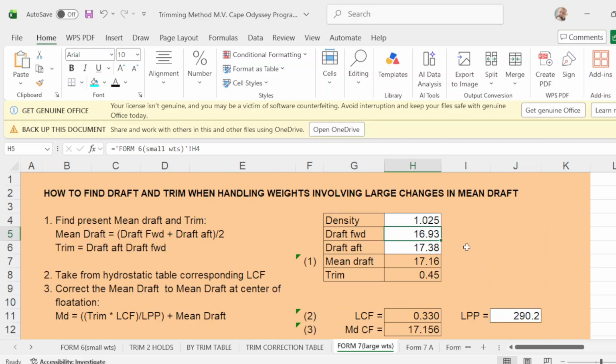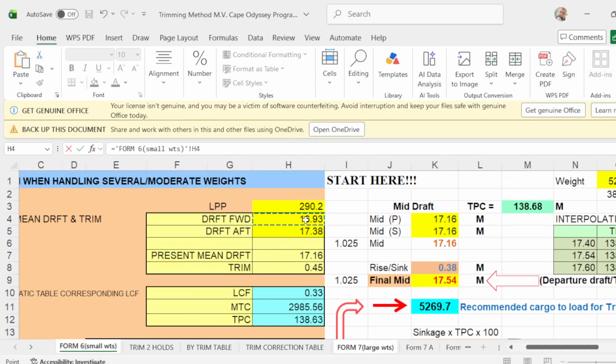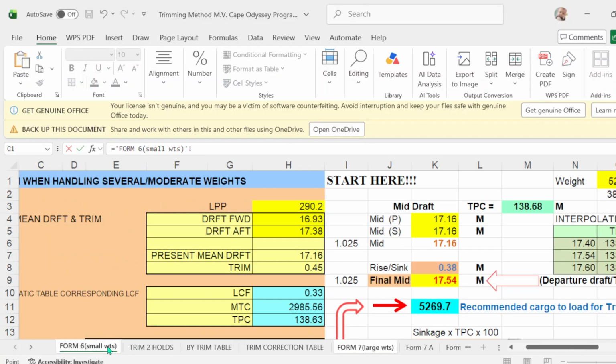And our draft forward is how much? Just click this one equals. You can go to form number 6 and click this one, 16.93. There you go, 16.93. Up draft, put here equals. Go to form number 6, then click the up draft. Okay.